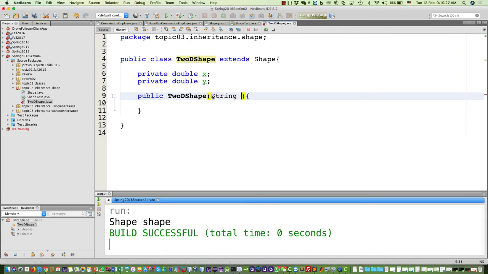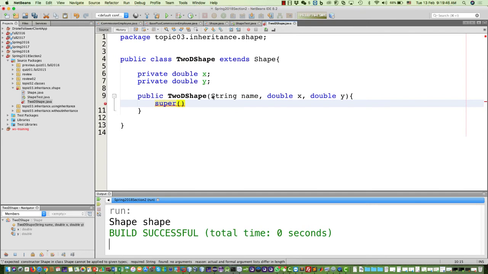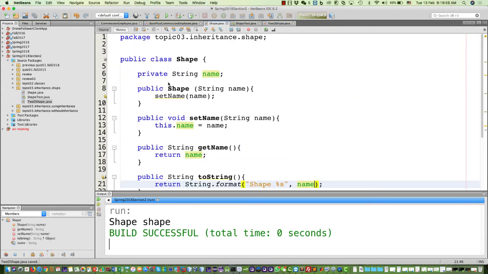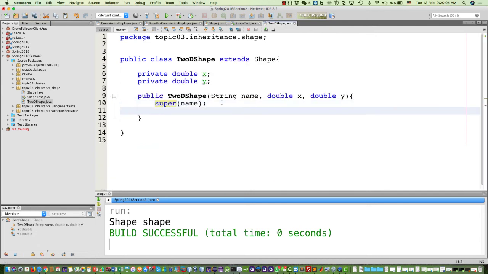String name. So from where name it comes? From the superclass. Okay, and then I have double X here and double Y here. And then what you have to do? Super. Okay, first thing that you have to do in the constructor of the subclass is to call the constructor of the superclass, otherwise it gives you a compilation error. Take it as a rule. Okay, so super what? Name, because here our constructor has one argument. Okay, this is why we call the same argument, and then we will use set x